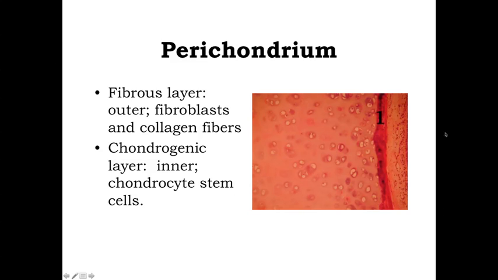Now, deeper to this fibrous layer are going to be the chondrogenic layer. Chondro for cartilage, genic for birth. This is going to be an inner layer of, in essence, chondrocyte stem cells, relatively undifferentiated cells that, if they're activated, can start to produce cartilage. So they differentiate and they essentially add cartilage onto this outer surface here, pushing the perichondrium out, but increasing the